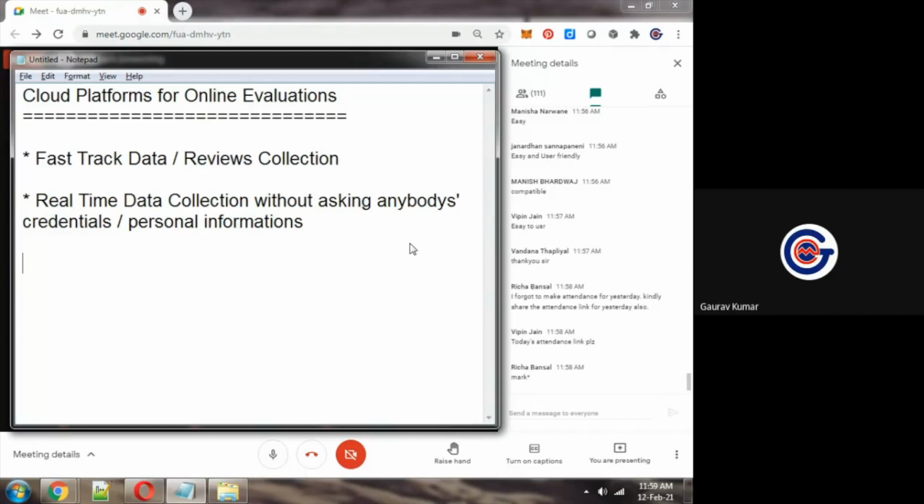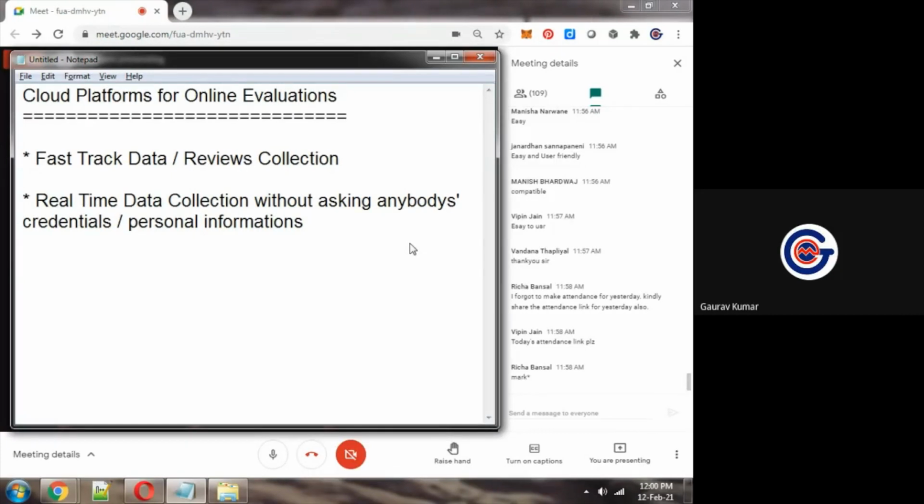I will have to ask your email IDs, I will have to ask your names, and I will have to get your data set in an Excel sheet. So obviously it will take some time, at least 10 to 15 minutes. I'm repeating that point. Suppose I want to get your reviews about some particular dimension. Only for this work, I will not create a course on Moodle or Google Classroom because it will take time.